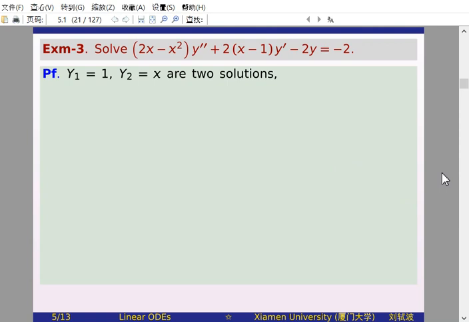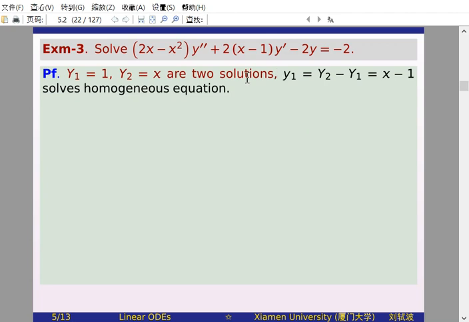For a given linear differential equation, the difference of two solutions of the equation is a solution of the corresponding homogeneous equation. Okay, this is a result we proved in our previous lecture. So using this result, the small y1, that is the difference of capital Y2 and capital Y1, which is x minus 1, is a solution of the homogeneous equation. Okay, then